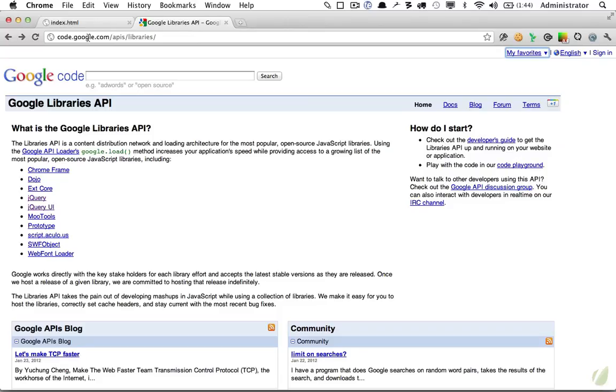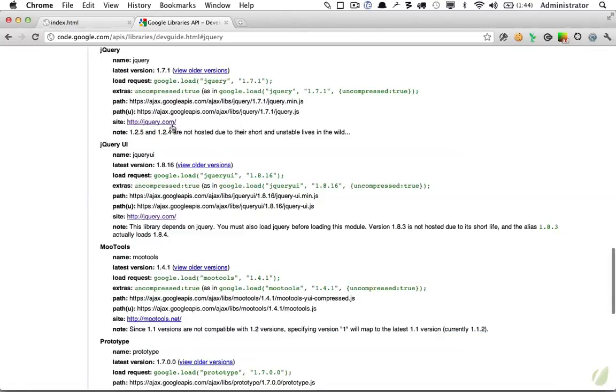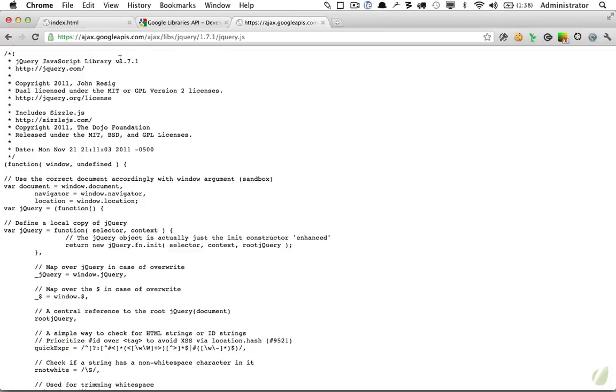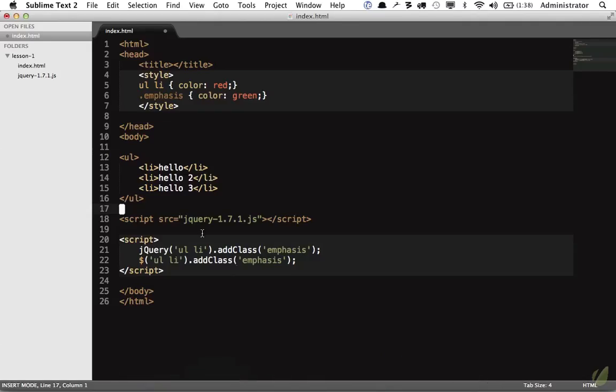You can go to code.google.com/apis/libraries. And in this case, I need jQuery. And you'll see that we have two options here, the minified version and the development version. So I will copy that version, paste it in, and you'll see we get the exact same file, but now we're using a CDN. I'll return to Sublime Text, and this time I'm going to replace our local copy